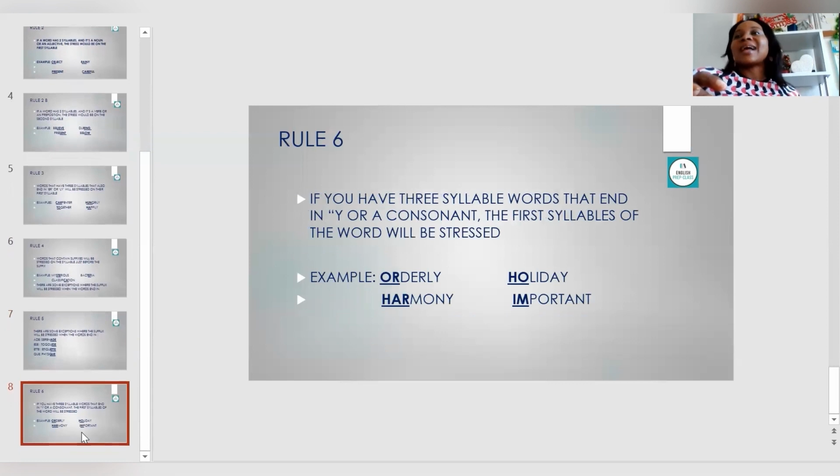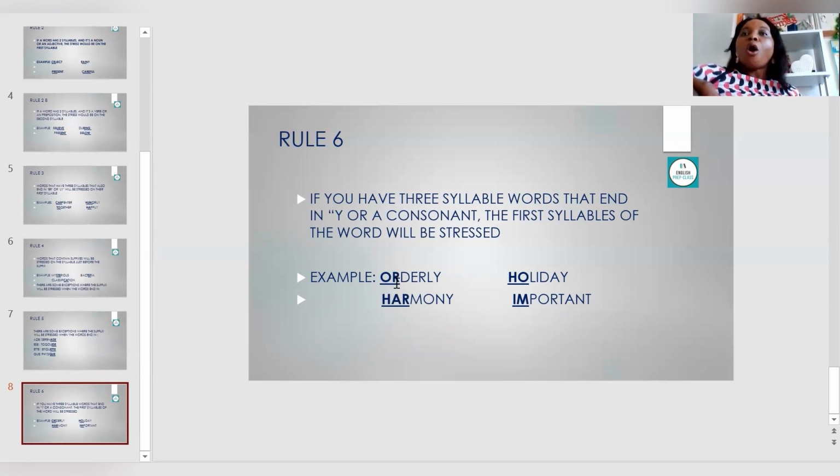And this brings me to another slide. If you have three syllable words that end in Y or a consonant, the first syllable of the word will be stressed. We know there are vowels and consonants, and the vowels are A, E, I, O, U. It means that every other letter that is not A, E, I, O, U is a consonant. You get me? Okay, so words that end in Y, as long as they are three syllable words, the stress, where you put more stress on the word, will be on the first part of the word,